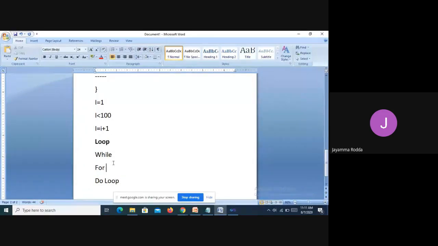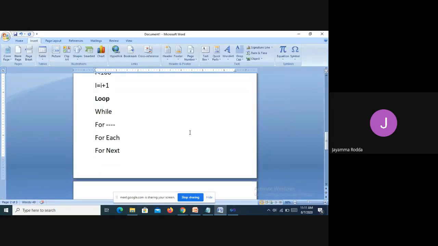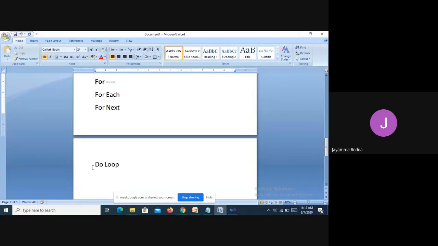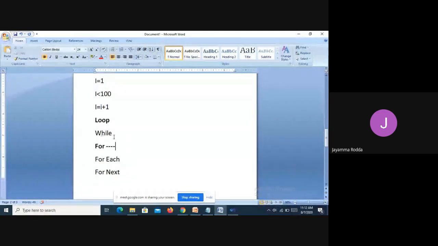The for loop is of two types: first for each, and the other for next. So the first is the while loop, then for each, for next, and the do loop. Totally four types of looping statements we are going to discuss now.